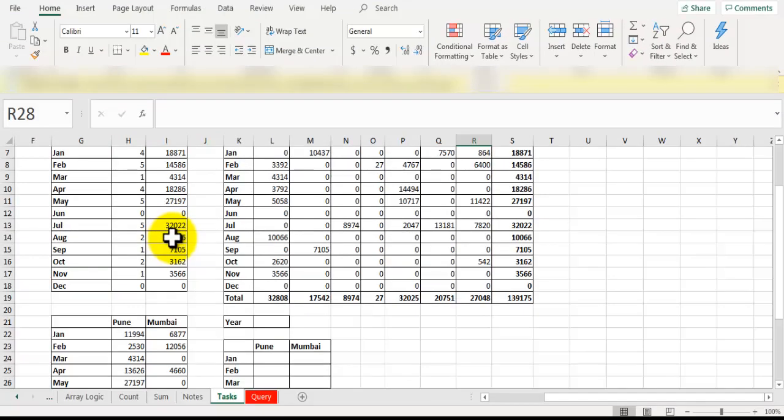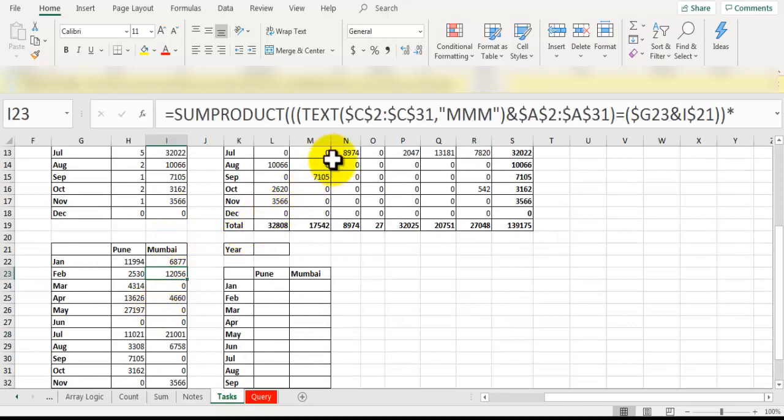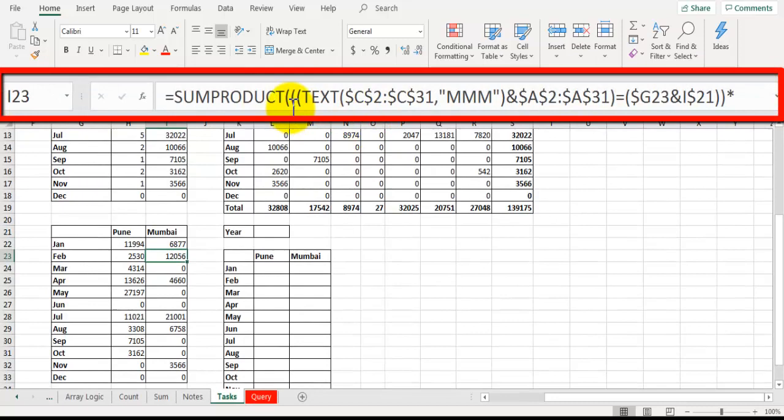Now here I can see the font size of the cell is not changed, but the font size of the formula bar is changed. It is set to the default font size that we had set in the previous step. It has also increased the font size of the name box. Font size of the cells is as it is, but the font size of the formula bar is increased and it is clearly visible to you now.